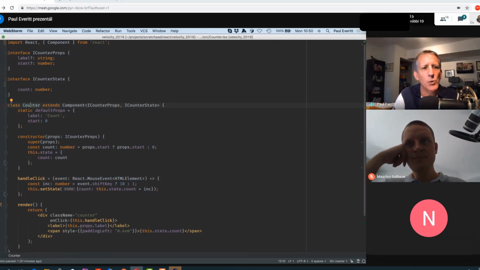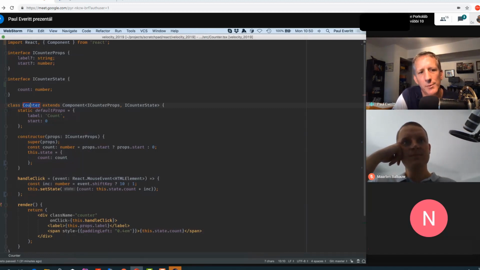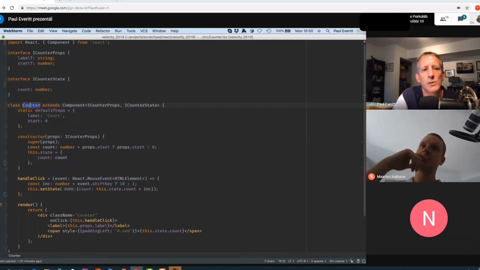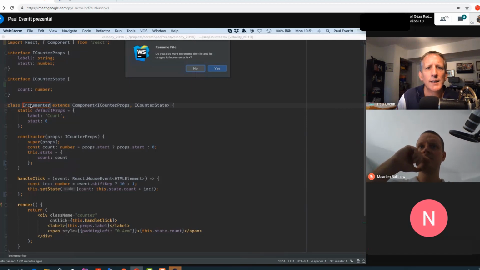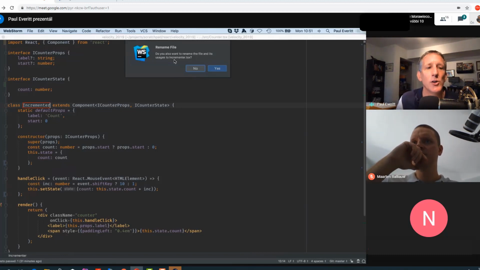Instead, you can do a refactor rename. And this is a case where we are a professional tool for professional development. And we know all of your code. And we know where it's being used and where it's being imported. And I can change this to incrementer, hit enter, and say, do you want to rename? This is even smarter. React has a convention that the default export should have the same name as the file. Do I want to change that?